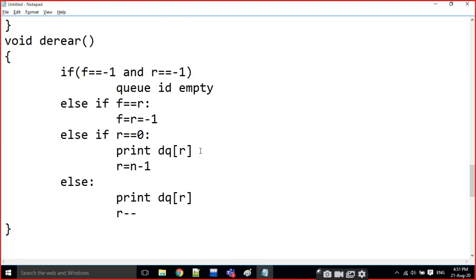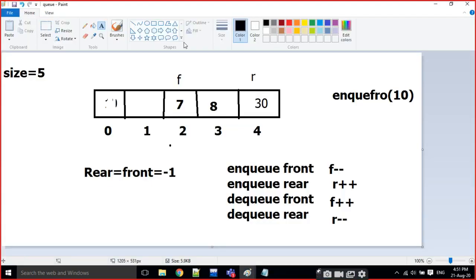Now I want to display all the values in the DQ. How am I going to execute it? For example, F is at this position, R is at this position.